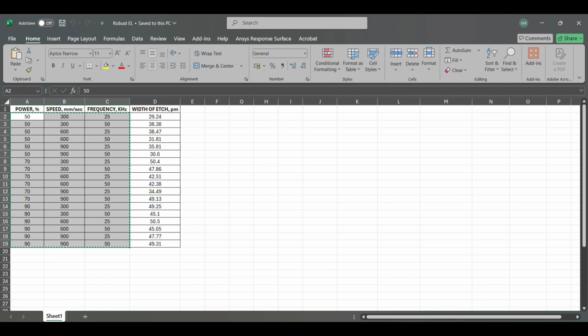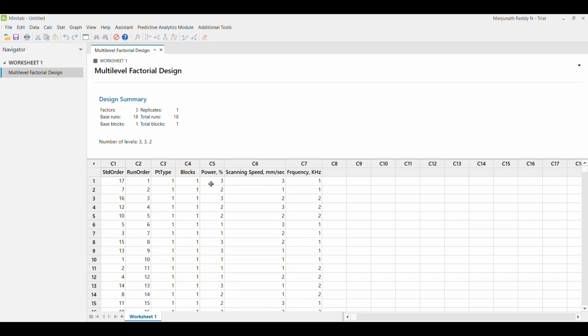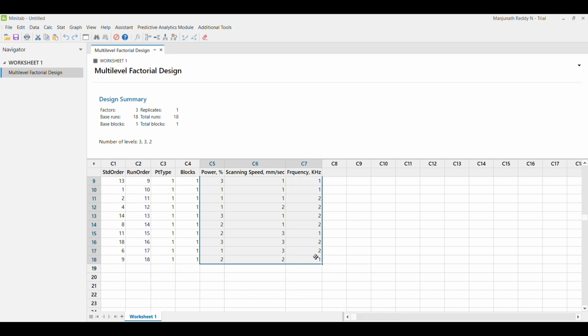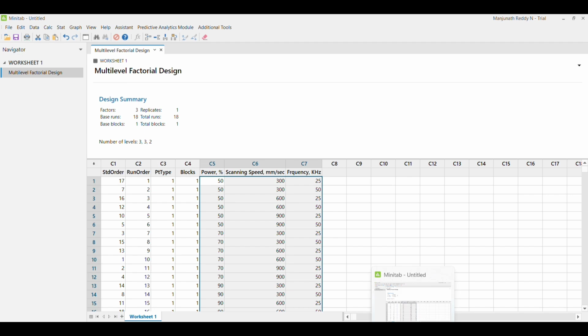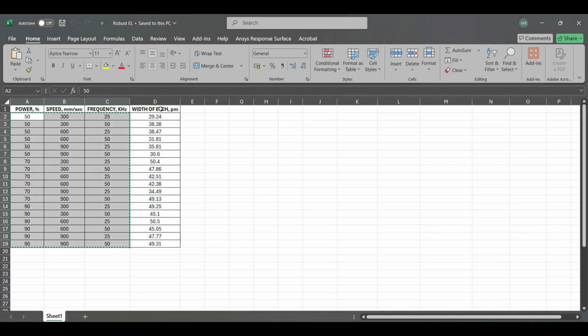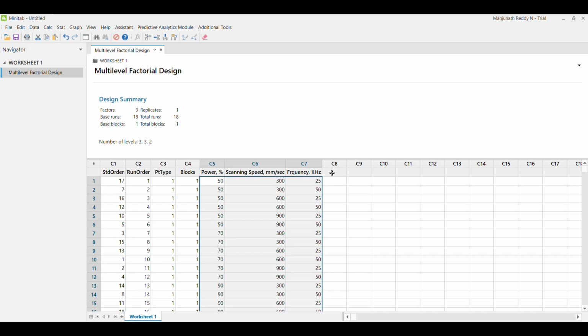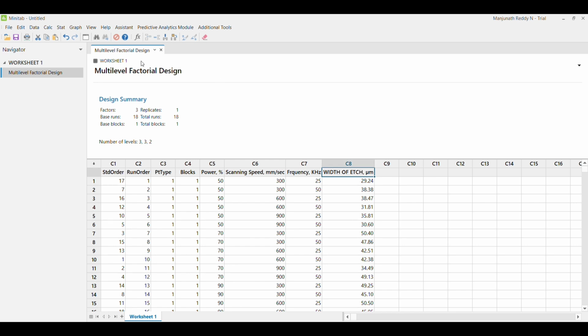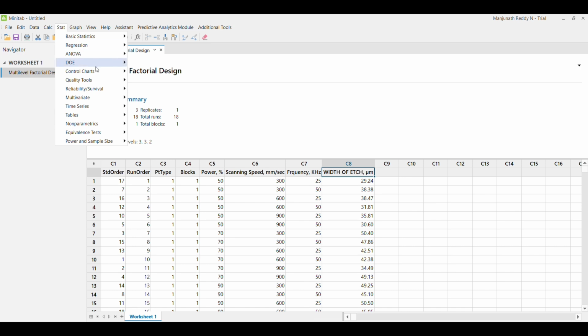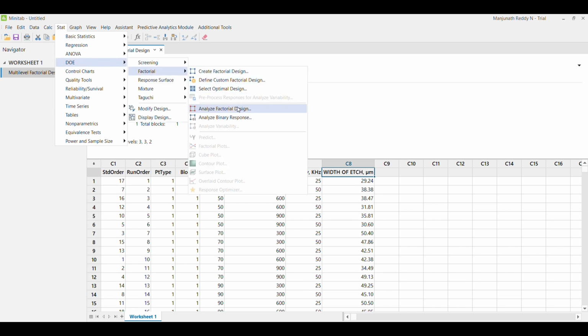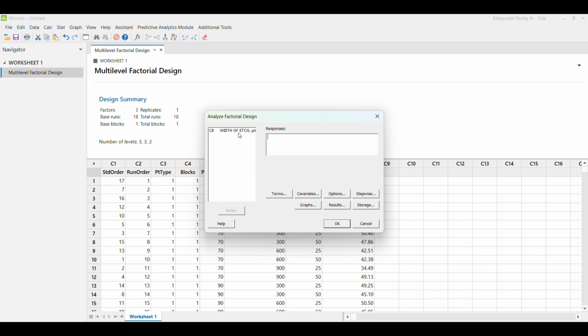Copy all the factors and paste them in Minitab. Now we copy the response and paste it in Minitab. To continue with the analysis, we click on Stat, DOE, Factorial, Analyze Factorial Design, and select width of etch and click